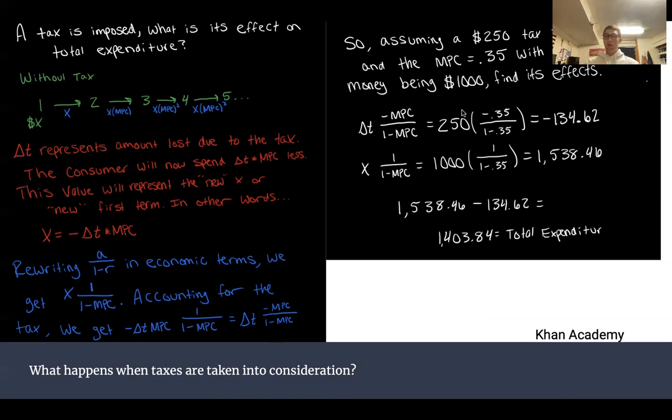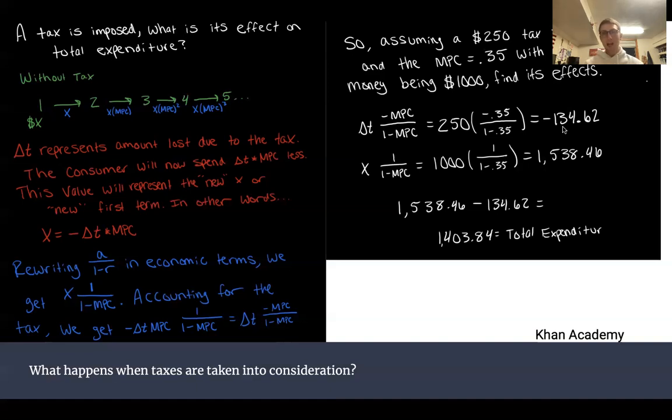So assuming a $250 tax is imposed and the MPC is 0.35, with excess money being $1,000, find its effects. First, we want to use the tax multiplier in order to determine how much less money the tax will be causing the economy to spend. And so delta T of 250 times the negative MPC of negative 0.35 over 1 minus MPC of 1 minus 0.35, and you eventually get negative